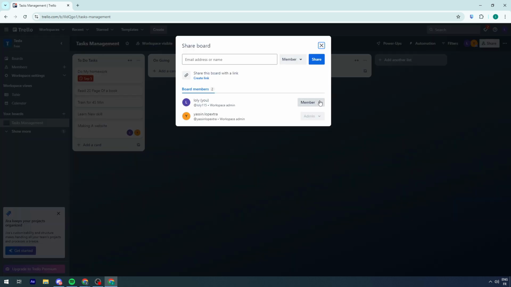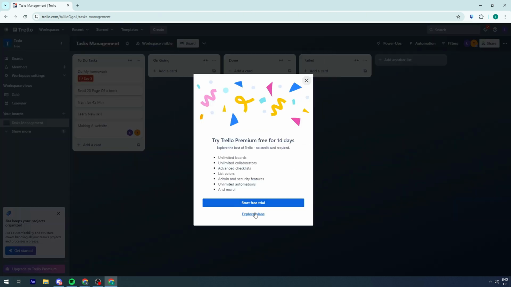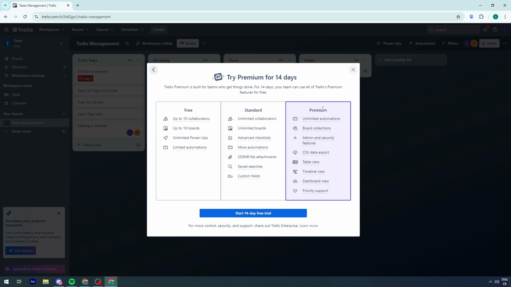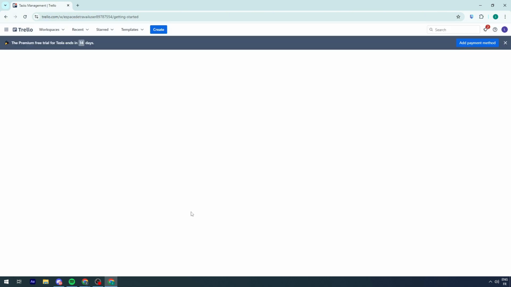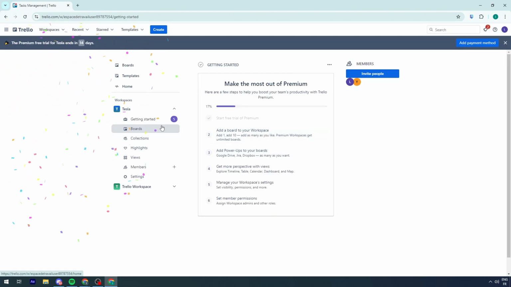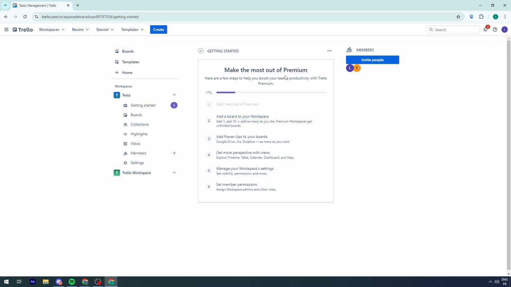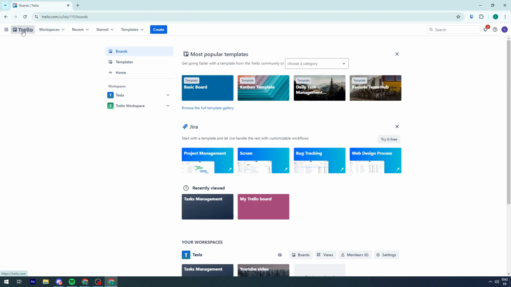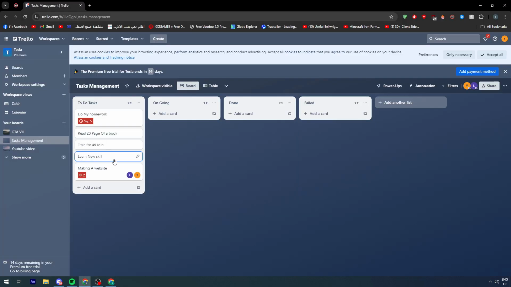As you can see here, let me just upgrade, start free trial, explore plans, and as you can see, there's the premium, there's the standard. Currently they are not showing the prices for some reason. That's very weird. I would like to know how much I'm gonna pay before I get to the payment. Yeah, this is very weird. But anyway, I think they customize the price depending on how much you use the platform, something like that. Anyway, so this is how exactly you can assign people